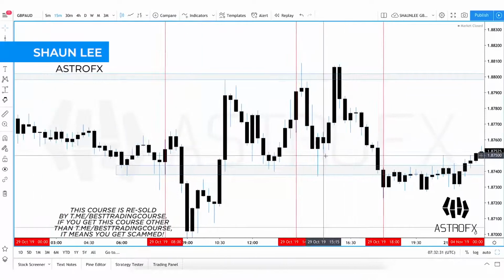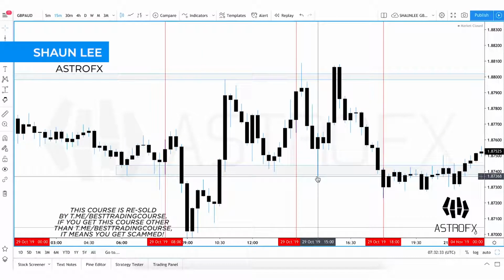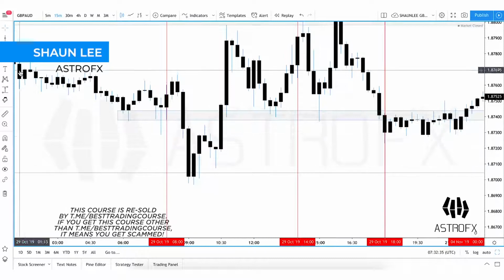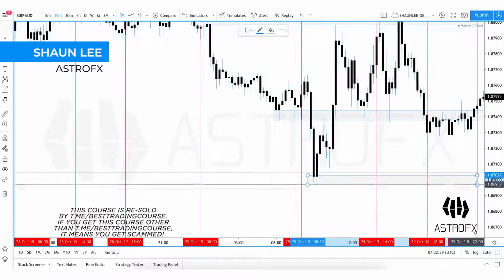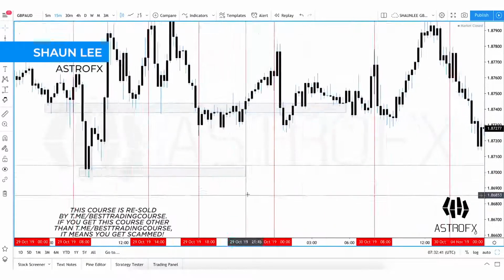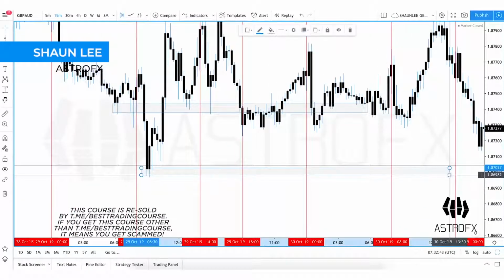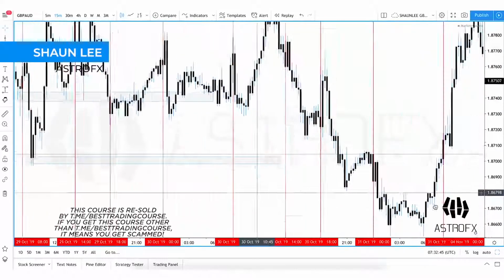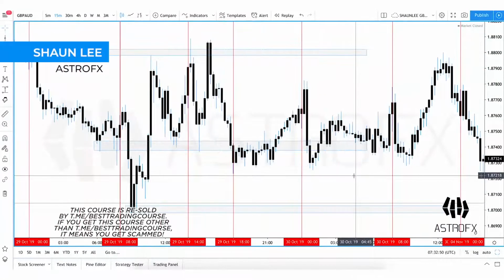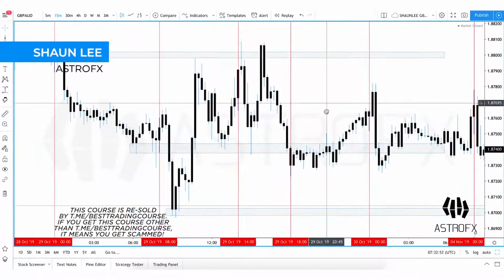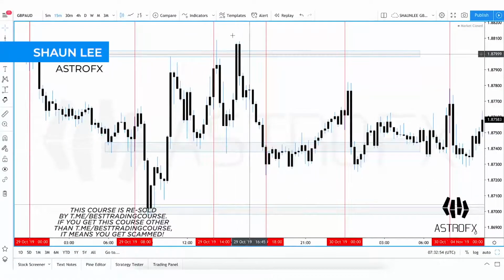So America test the lows of... oh, sorry, we need to put the lows of London on over here. Almost forgot about that one. So that's how we would do it. Just drag that across. Don't really think there's much in terms of the market testing that anytime soon in this picture. But anyway,